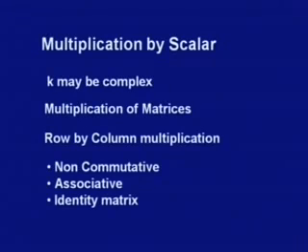So, all those properties which we have proved for real matrices are applicable. They are non-commutative, as we have proved for real matrices. They are associative because complex numbers are associative, you can add them in any order. Similarly, the identity matrix which works for matrix multiplication for real matrices works for complex matrices also. So, we define a complex conjugate of a matrix.